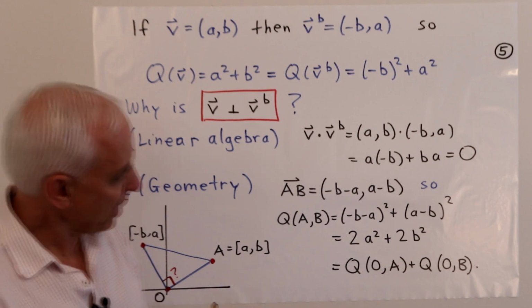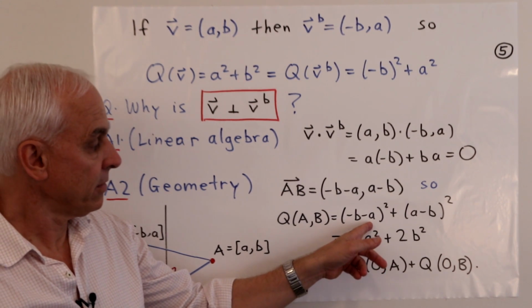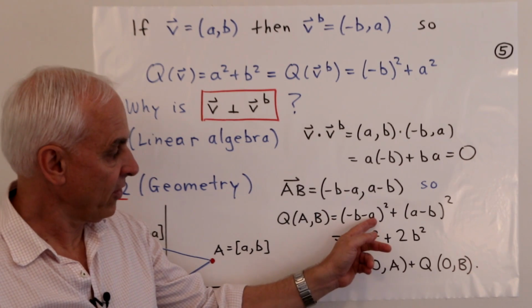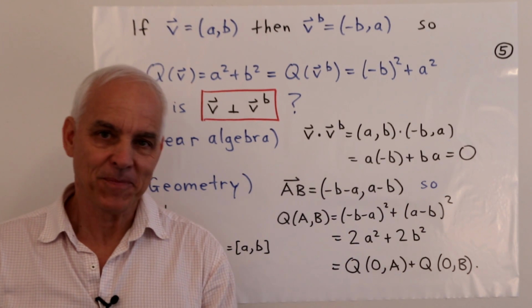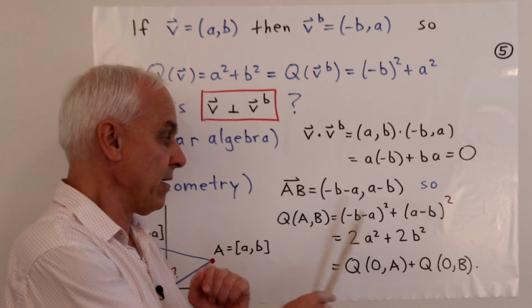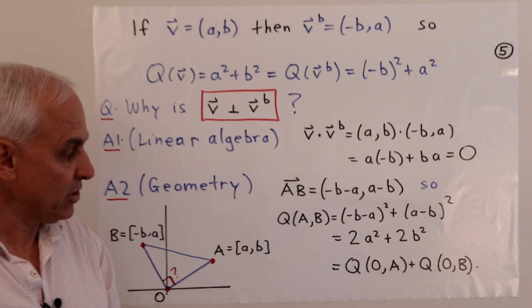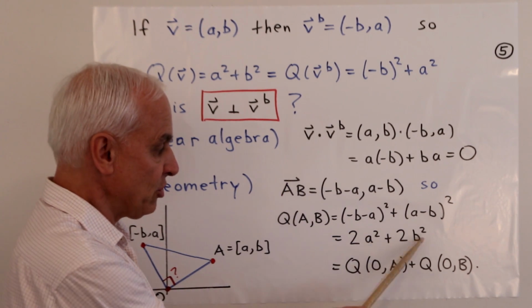And then when we look at this, well, this is just the same as A plus B squared. So when we square this and we square this, the two cross terms are going to cancel. There'll be a 2AB occurring here and a minus 2AB that will cancel. And we'll just end up with 2A squared plus 2B squared,